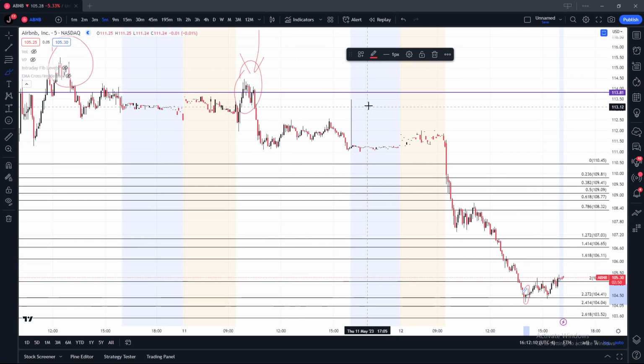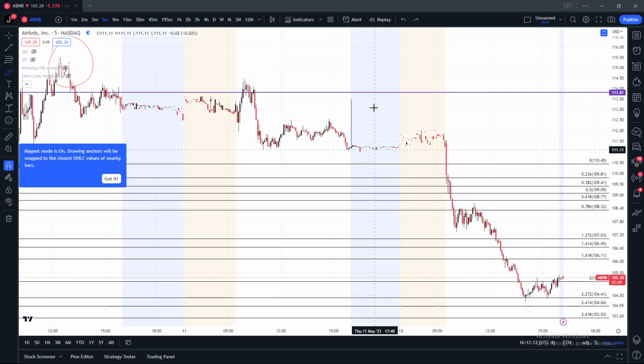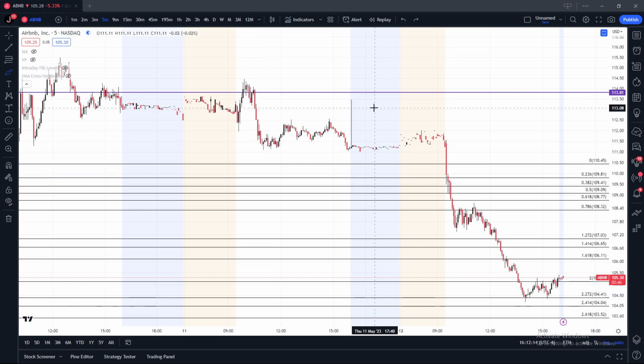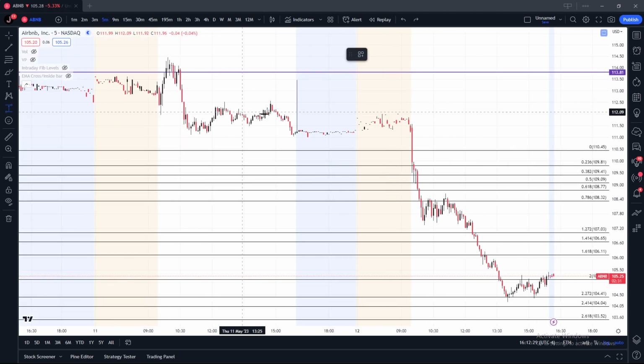Now, the other thing that I can even show you without even doing this fib set stuff is they show you when a stock is going to move if you have certain data plans. Note there is level 3 data that you can pay for if you're a market maker. Obviously, we're not. So you only have things like ARCA, NYSE, NASDAQ. But when we see dark pool prints coming into the session, all you need to do is measure the range of those prints. So in this example, it's a $2.25 impulse.